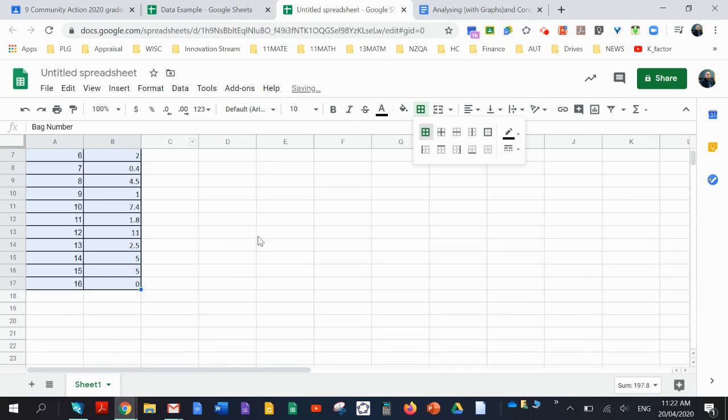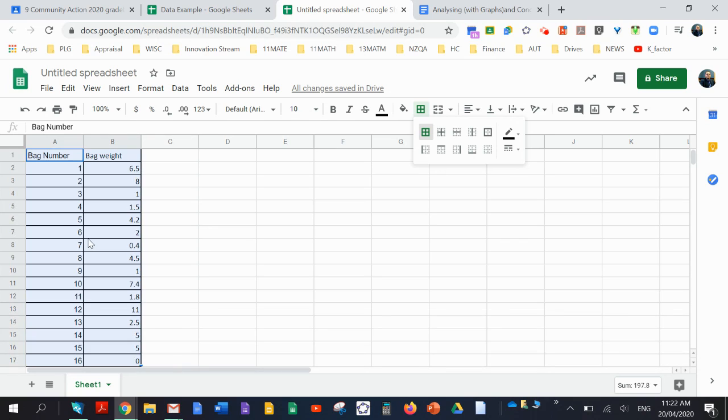Just borders around it. So there we go. This is a random sample of bag weights, 16 bag weights,